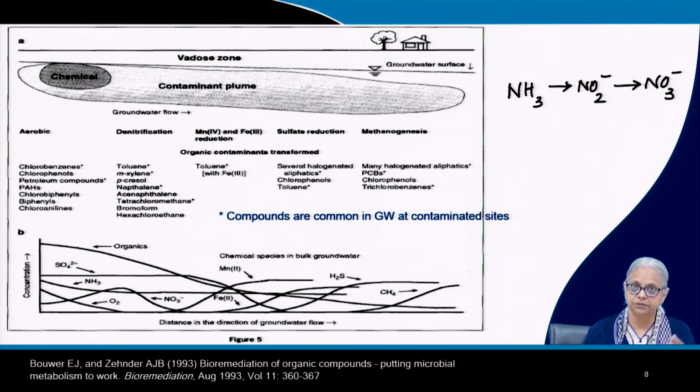Now, this nitrate can serve as a terminal electron acceptor in these denitrification reactions. Then you have Mn4 and Fe3. They can serve as terminal electron acceptors, and you can see the Fe2 plus concentration here, and Mn2 plus is going up as Mn4 is being converted to Mn2 and Fe3 is being converted to Fe2. So these are studies, and this is again a fairly old paper, and